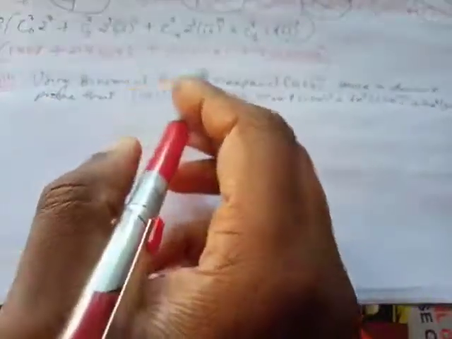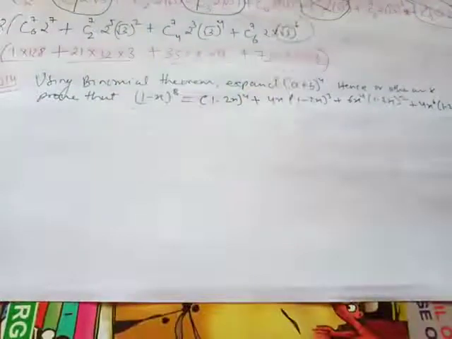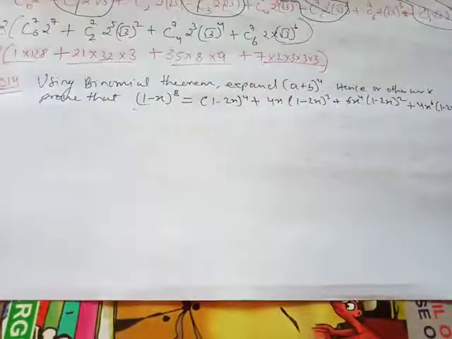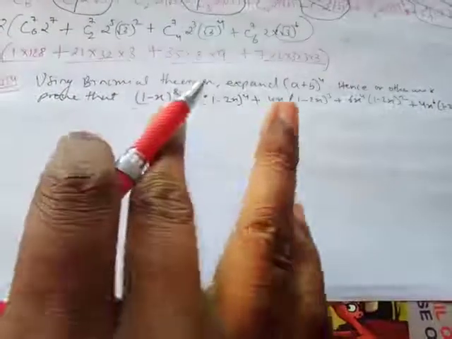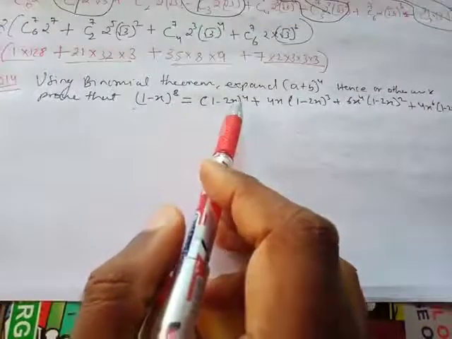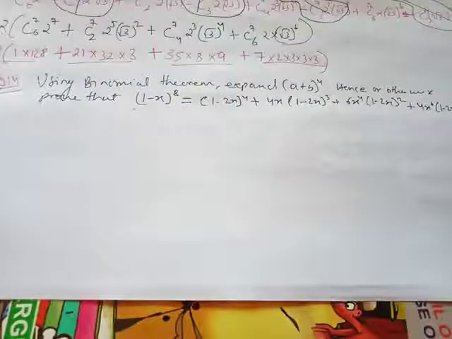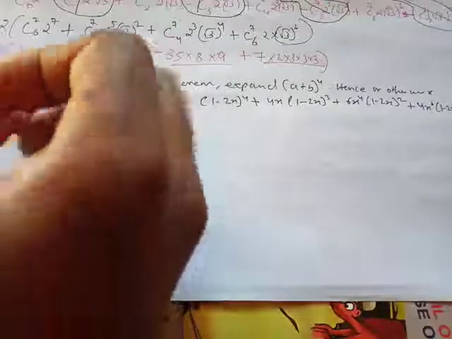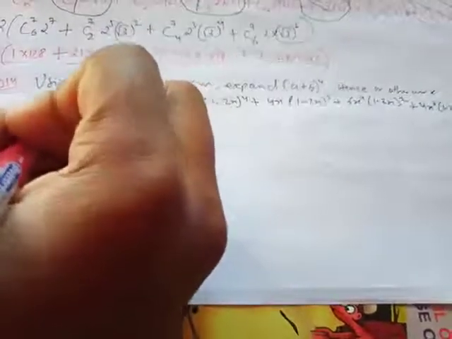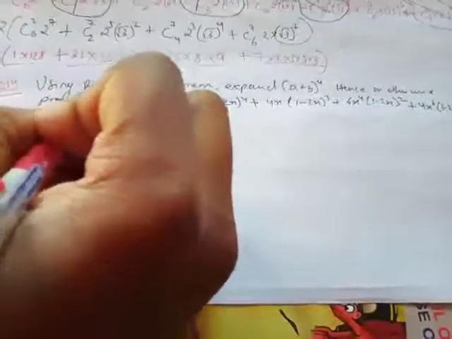So this is what I have to prove. Using the binomial theorem, expand (a + b) to the power 4, and then I have to prove this: (1 − x) whole to the power 8 equals this, and 4 comes first. So how can I prove? The best way of proving this is, first I'll expand (a + b) to the power 4, and that's going to give me a to the power 4